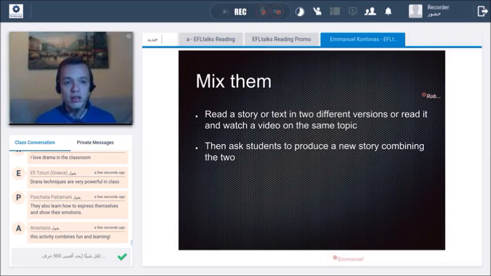And one which I really find really interesting is to mix stories. So you can have a story and then read it from two different narrations. For one example that they usually use is the, because we have all sorts of